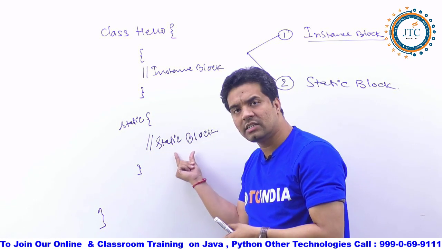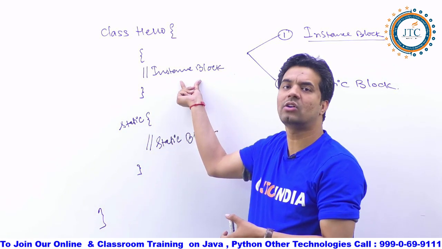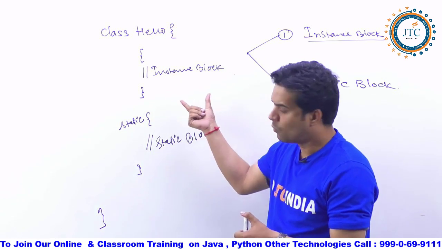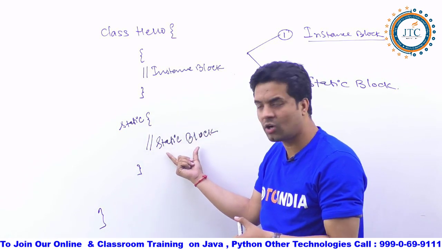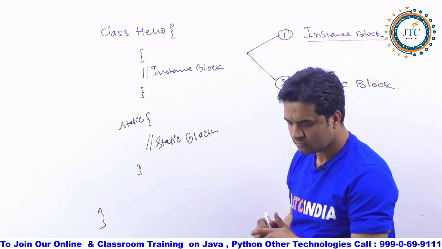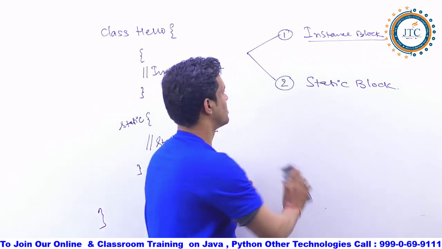So this we are calling a static block, and this one we are calling an instance block. You should be clear with these concepts. Is it fine now? So the number one question is,